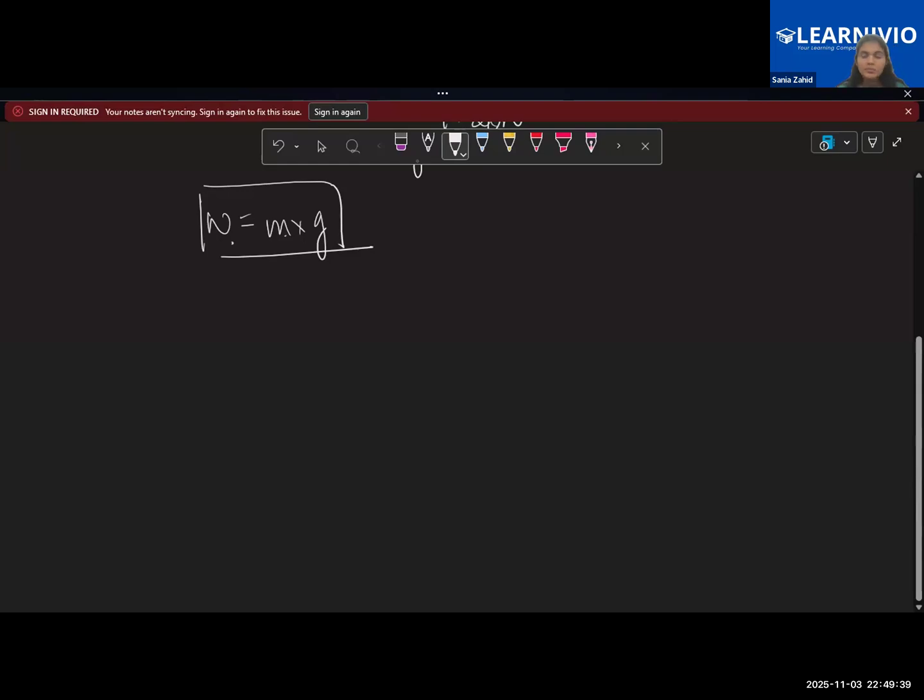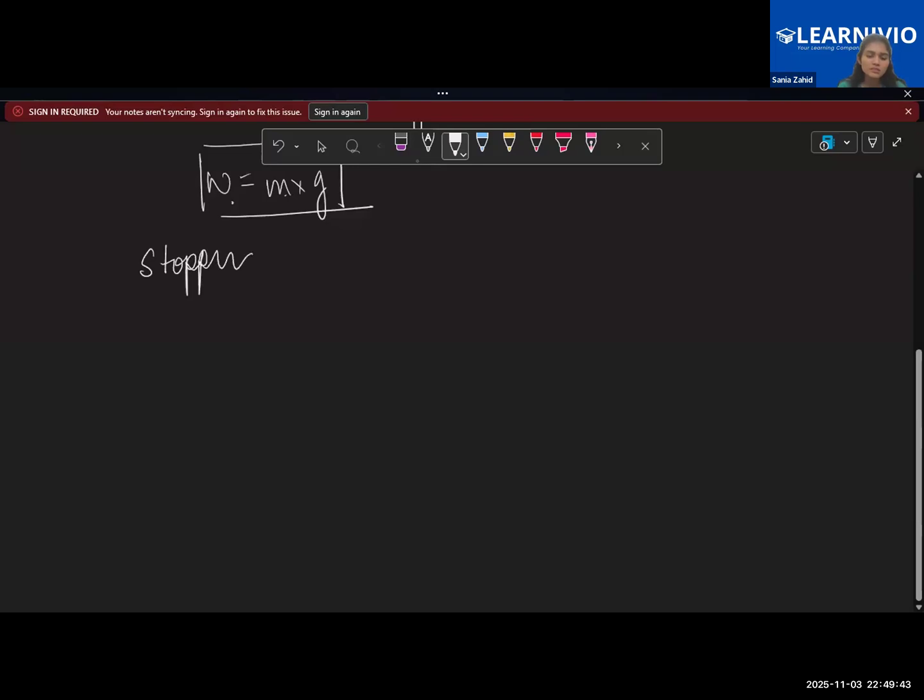So now next can be stopping distance. Can you explain to me about stopping distance? I discussed it in the last class. Okay. Stopping distance is the distance between thinking distance and when the object has zero acceleration, the braking distance. So stopping distance is equal to thinking distance plus the braking distance, right? Okay, now next thing is